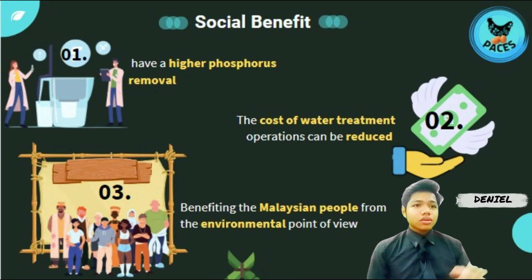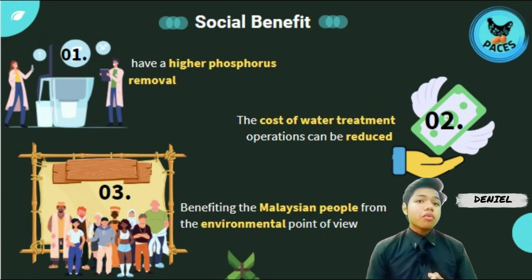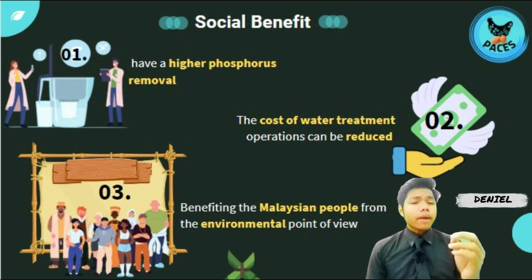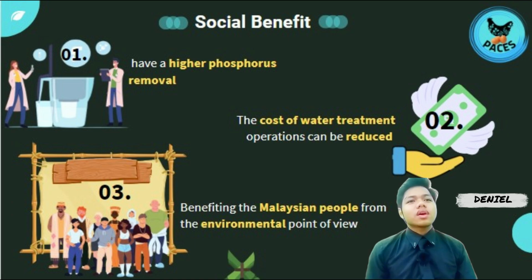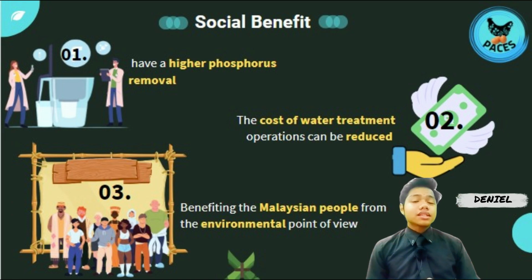Our product will also be socially beneficial, as it will be able to remove phosphorus elements at a higher level than the existing technology by using only eggshell residues. As a result, the operating cost of water treatment will be reduced, as there is no need to go through a complicated phosphorus removal system. In addition, our adsorbent product made from eggshell waste by a Malaysian will be able to preserve the environment in Malaysia in general.